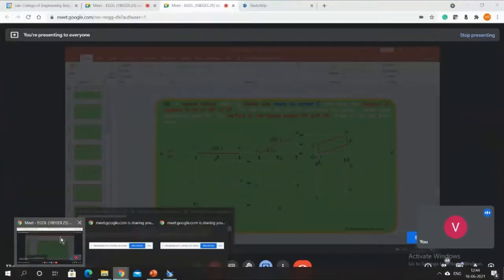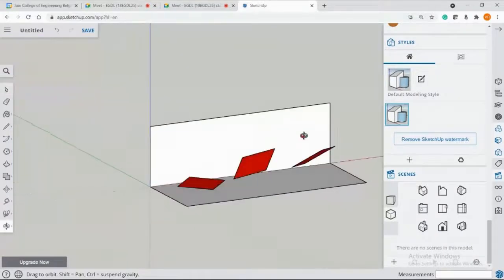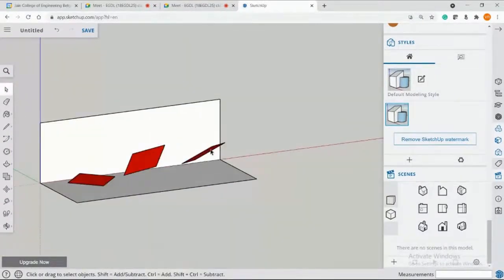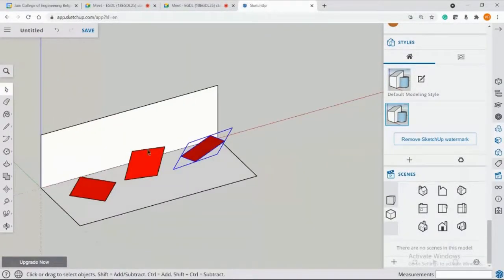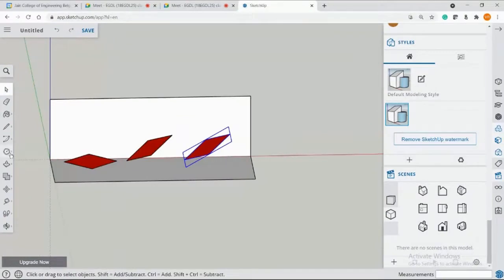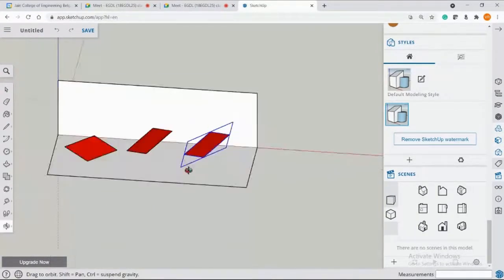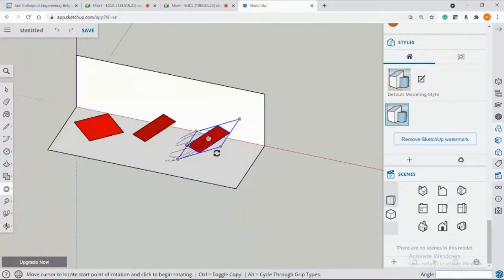Let me come here and show it to you. I'll change the angle of this. I'll press Ctrl Z here, and instead of 45 degrees, I'll make it 55 degrees and see what the change is. How is your view?